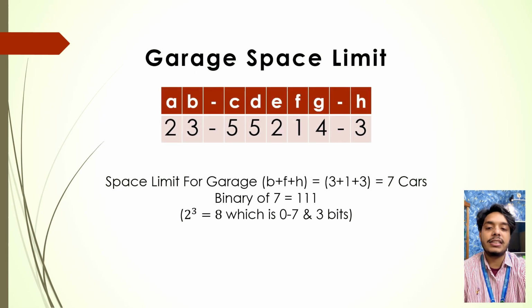The parking garage capacity is limited to 7 cars based on the project requirements. In digital logic, the decimal number 7 is represented as 111 in binary. To handle this range, our system is designed using a 3-bit architecture, which allows the counter to track values from 0 to 7. This ensures accurate monitoring of the number of vehicles inside the parking area and helps prevent